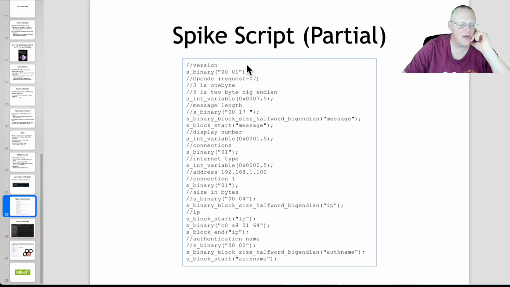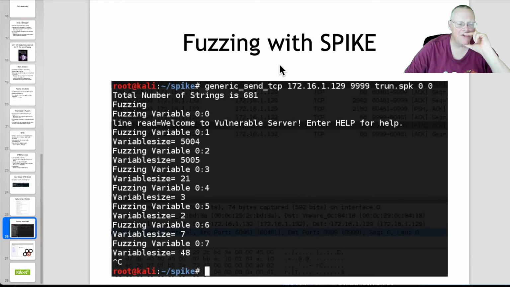So here's what you'd see running this Spike script. Here's a bigger Spike script with more complicated inputs it's creating. And if you fuzz against the vulnerable server, it will crash right away, because all you need is a long enough input, and around number 8 or 9 of the standard inputs is a 5,000 character capital A, and that will make it crash. So it's easy enough to catch a very simple buffer overflow with this, but it's not that useful for more